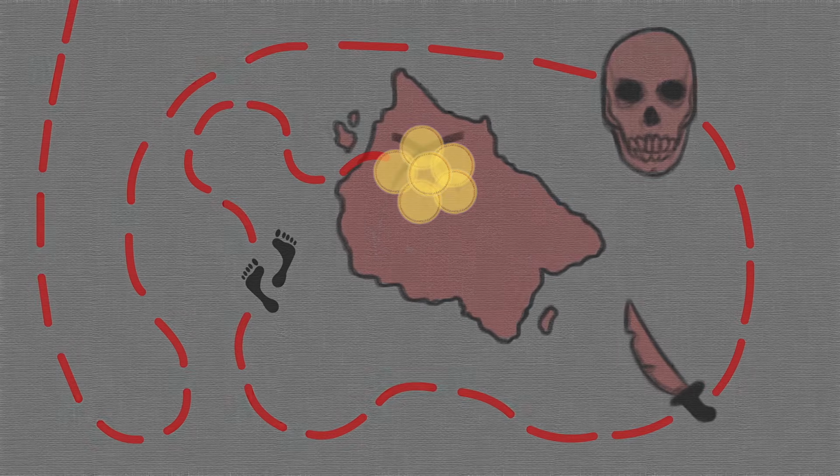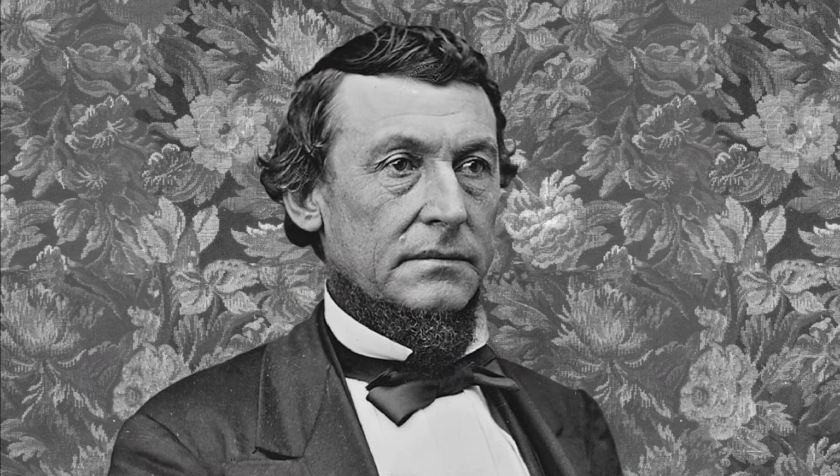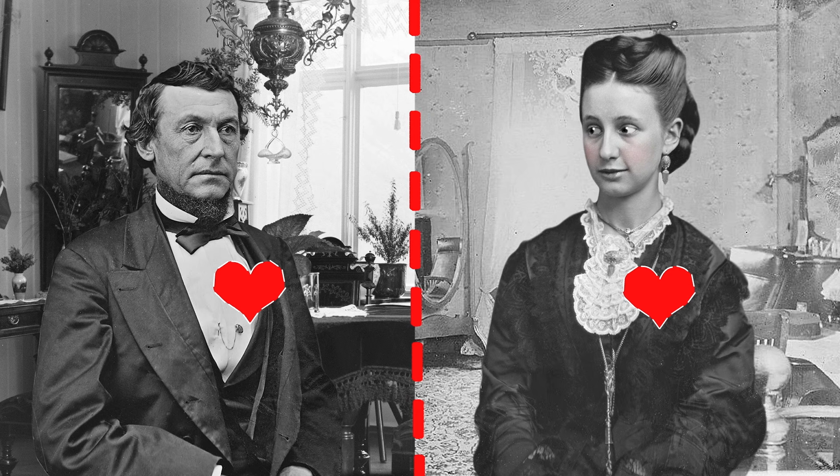For example, if you consider a character like Mr. Darcy from Pride and Prejudice, who openly declares his dislike for Miss Lizzie Bennett, you might at first assume he's just a mean guy. But using your powers of insight, you're noticing other smaller things, how Darcy's eyes linger on Lizzie's face and how he seems all flustered when she's around. Add to the mix your knowledge that Mr. Darcy is in a much higher social class than Lizzie, and your sense of insight should be telling you that there's something more here. In this case, it will tell you that Darcy's surface behavior is in conflict with his true feelings of attraction, because the difference in wealth between himself and Lizzie makes him feel that it'll never work.